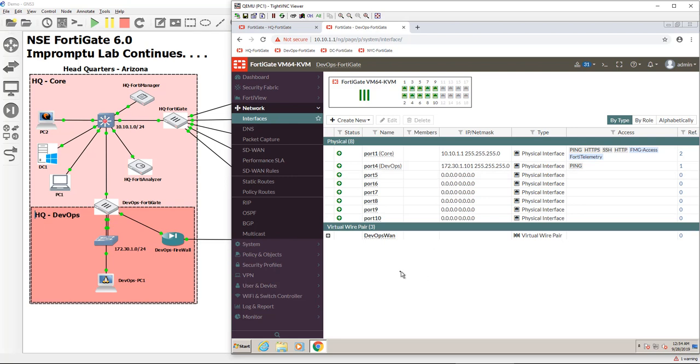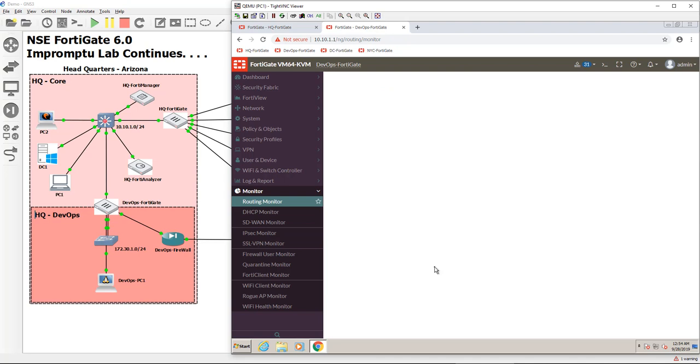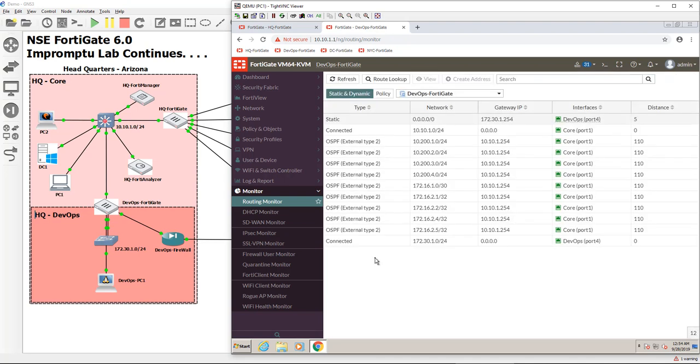Okay. All right. So, let's go ahead and see if it formed an adjacency. So how do we do that? Well, we go down to monitor. All right. We go down to our routing monitor, and we see if we see OSPF routes. So, oh my gosh, look at that, guys. Oh my word. That is beautiful. Okay. So here you can see,